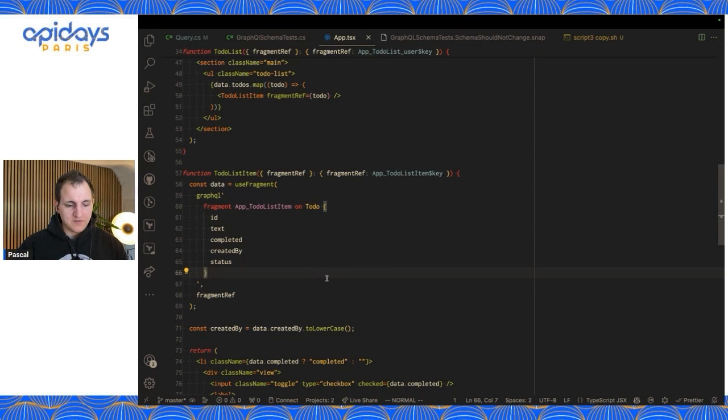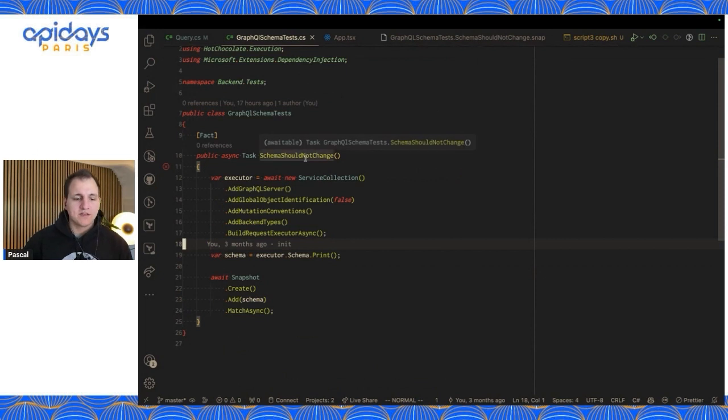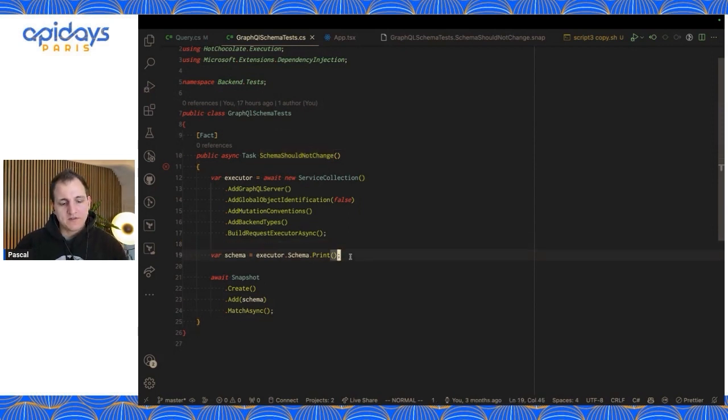Now, the easiest way to work around this problem in the backend is when we create snapshot tests. And snapshot tests are basically just an in-memory GraphQL server that you start up with the same configuration as in the application. Then you print the schema and you create the snapshot of the schema that you always compare against. And when we run this test,